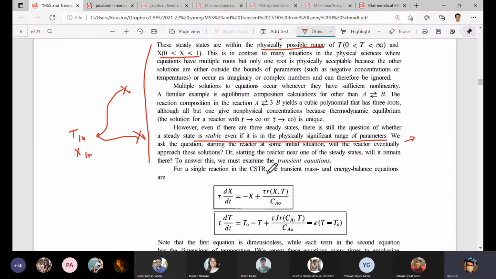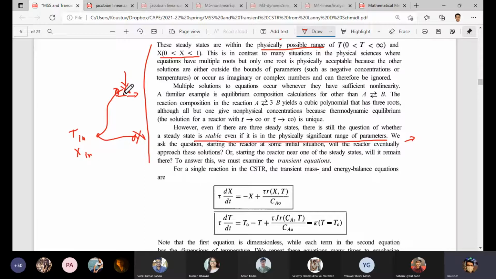We are also asking, if we start the reactor at a very nearby location of the steady state, will it reach that steady state value? Or let's say we just start it exactly at the steady state point, whether it will stay at that steady state point for long enough time. If there are little bit of variations across that steady state point, this is very important, follow me, will it be able to restore itself, or will it get back again to that steady state point? That is the question.